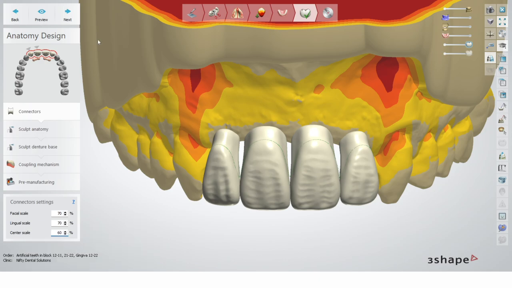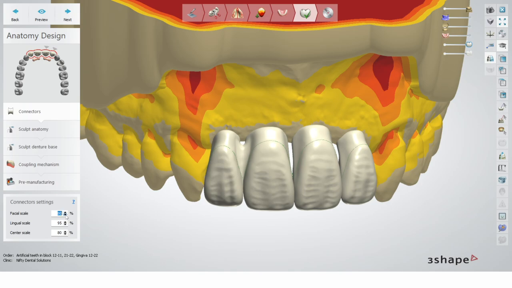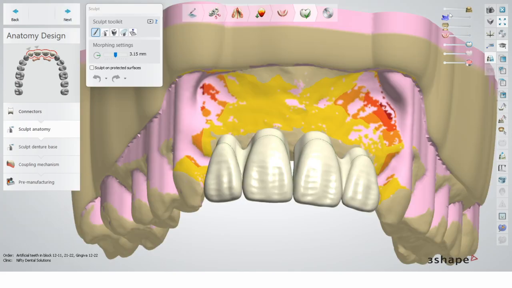You can see we are working on this segment because you can see this gray arrow. Now we go on the next segment, and I'm gonna do exactly the same thing. 70, 70, 60. Yeah, that is the magic number. Next. Let's have a look all around.